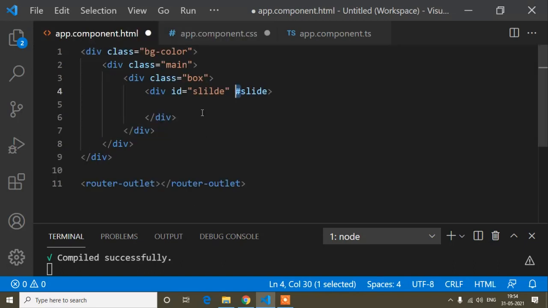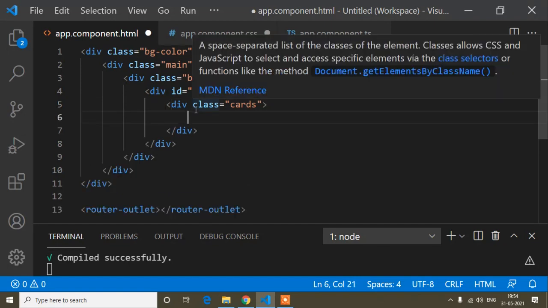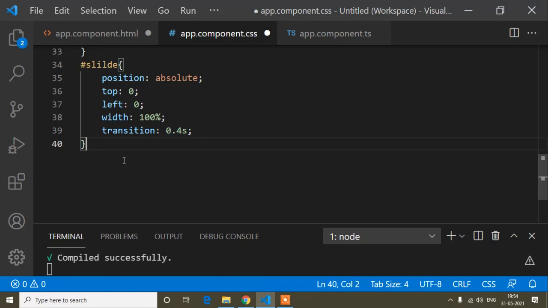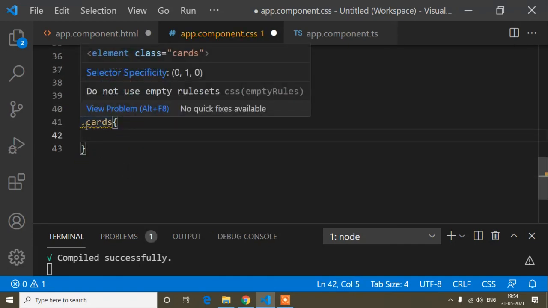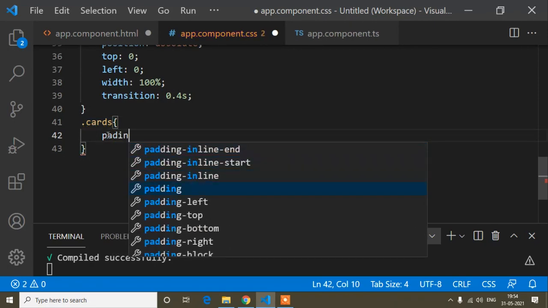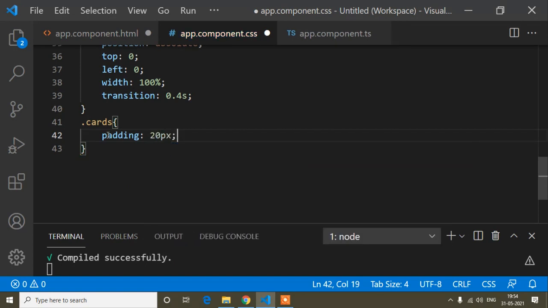And now, guys, I will add another class, that is cart, and inside this card class I have to write the CSS. So I will paste this cart class, and you can see I have used the dot. Now I will add padding, and the padding is 20 pixels. So guys, what is the use of padding?